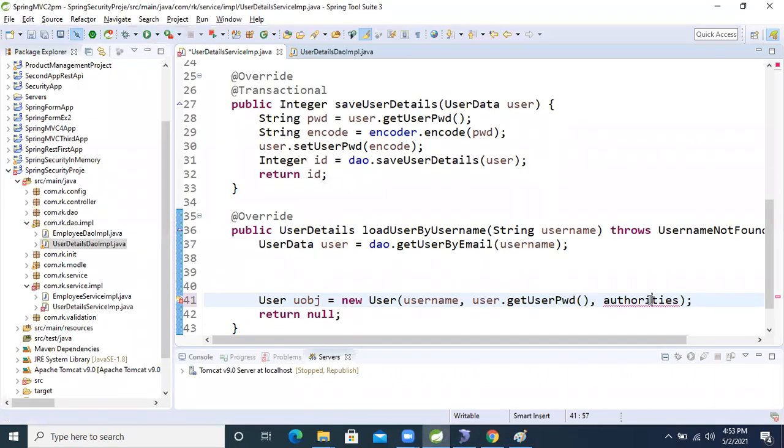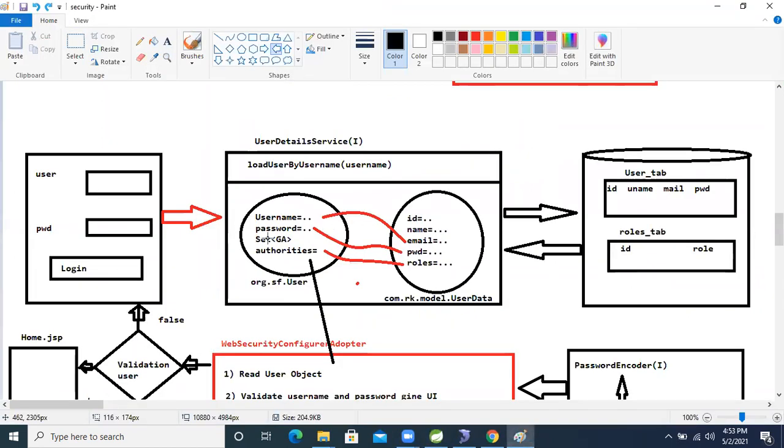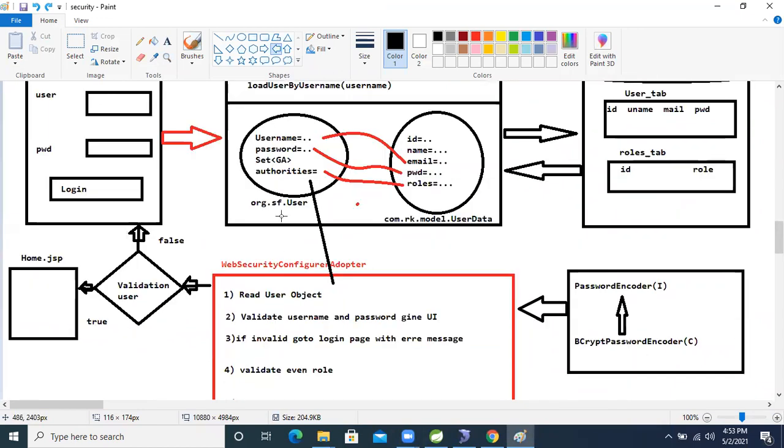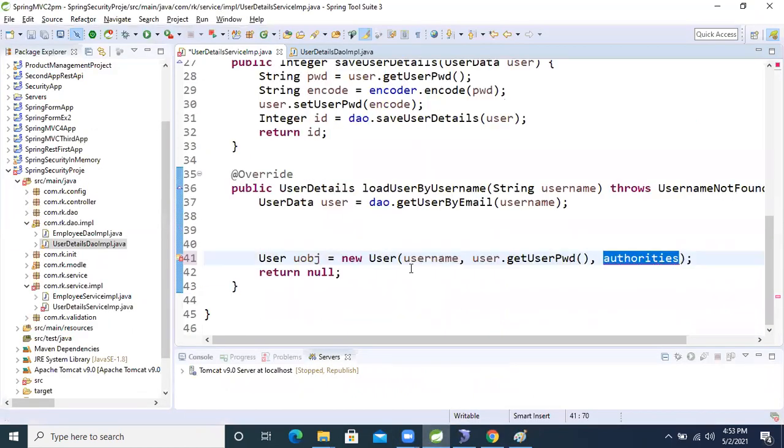So we come inside, the set of granted authority. This is granted authority, we need to give the authority to access our pages, right? So now come here, guys, let's see. Roles means nothing but authority, right? Already the authority is there in the model class. So what we will do now, take the user dot